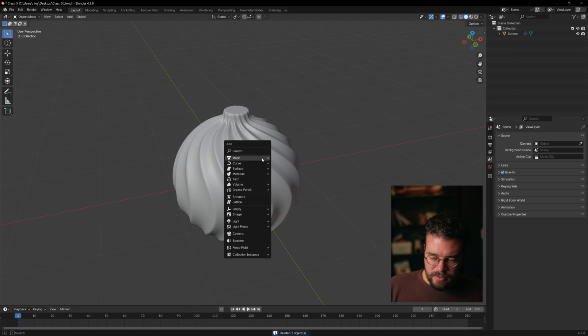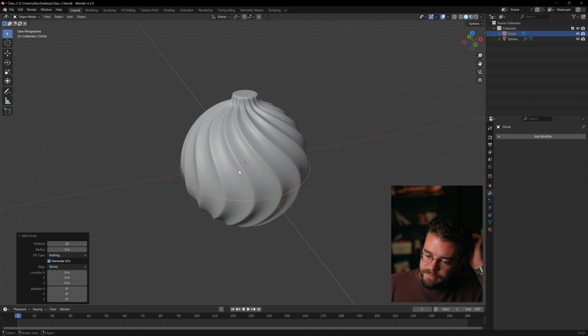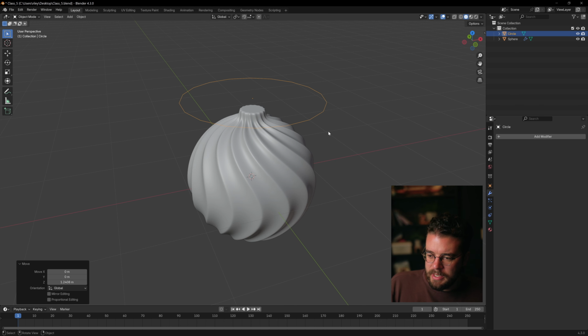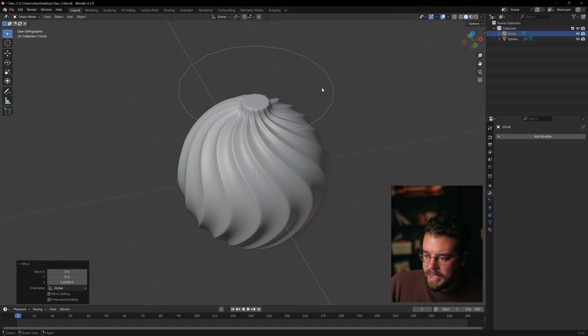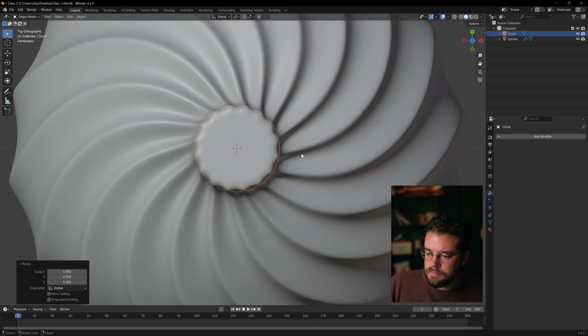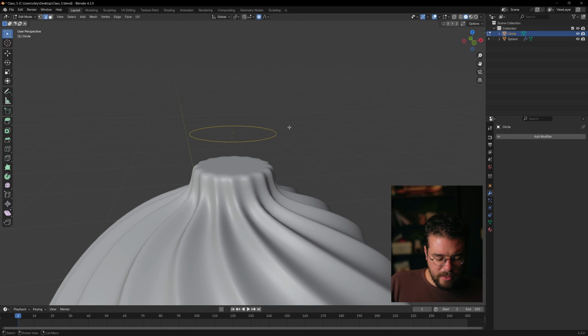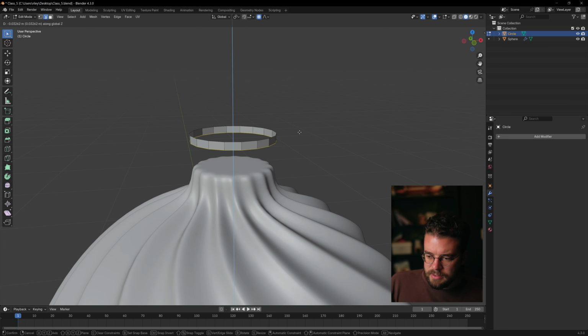All right, so let's add a circle, Shift A, mesh, circle, and by default it'll give you 32 vertices. I think we can get away with less. Let's maybe do something like 18. Keep it in even numbers so we can select a pattern at the top. I'm going to go to my top view, roughly scale this. Let's go to edit mode, select everything, E for extrude, Z for the Z-axis, and we don't